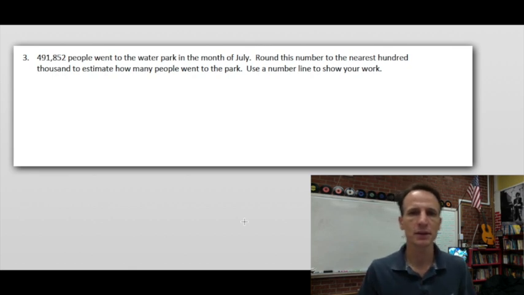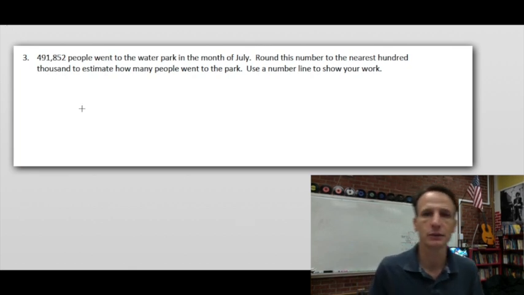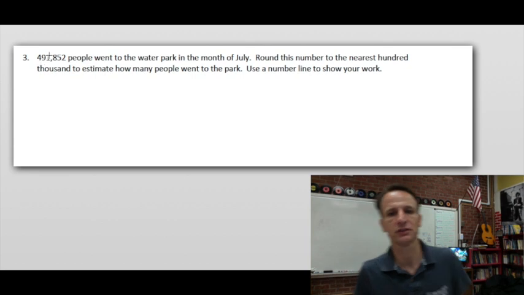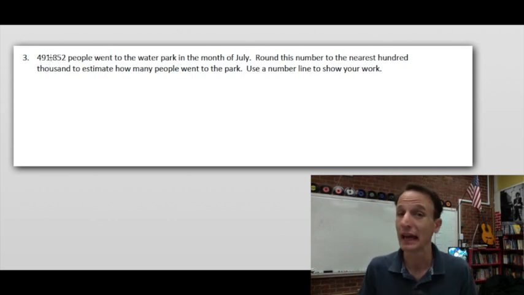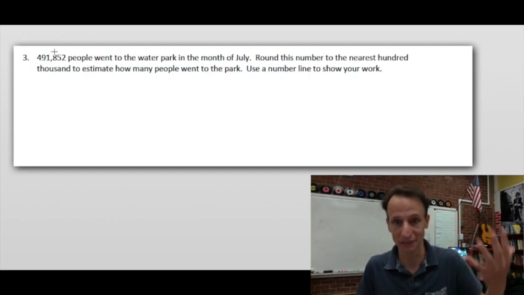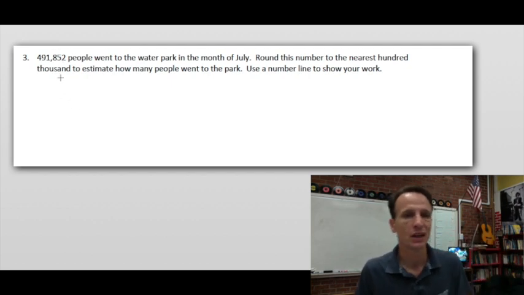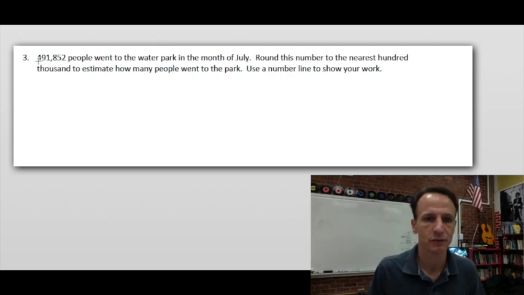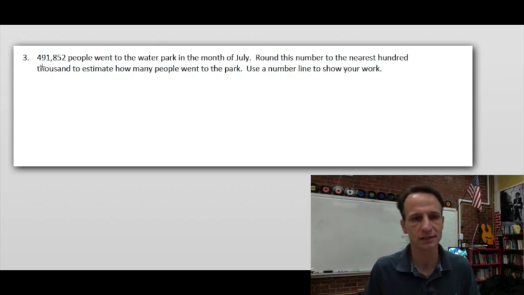Alrighty, here we go with number 3. Good. We got a word problem. Real life. Using this stuff in real life. Because guess what? In real life, nobody hands you a worksheet. But you have to do math in real life, and that's what these are all about. Okay, so we have a number. Remember, we read these 3 digits as if they're standing on their own. When we hit that comma, we say the place where we are. So